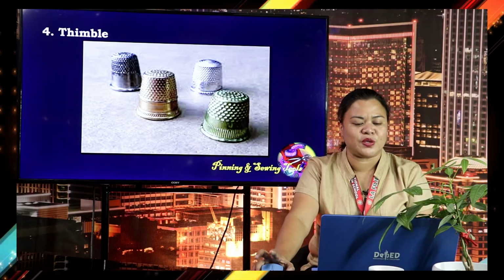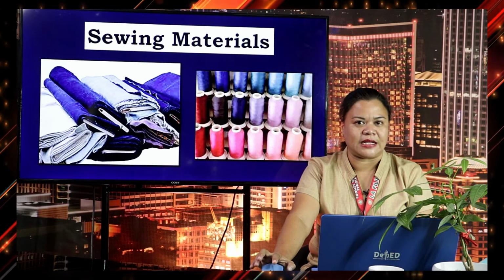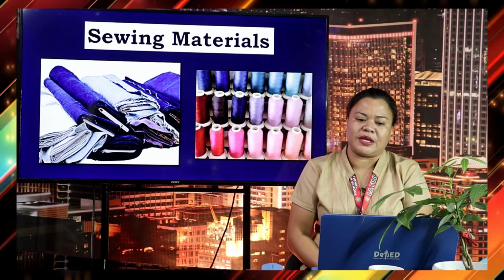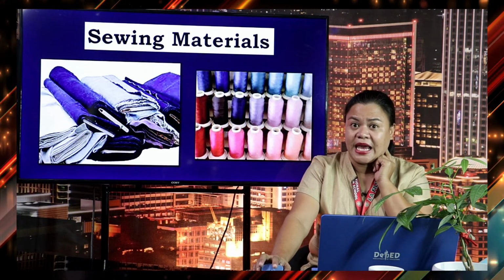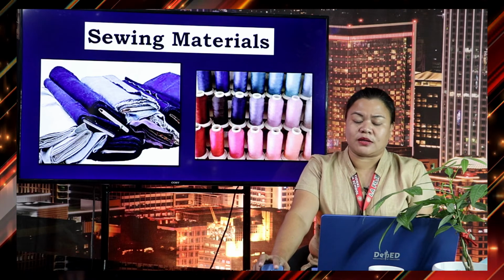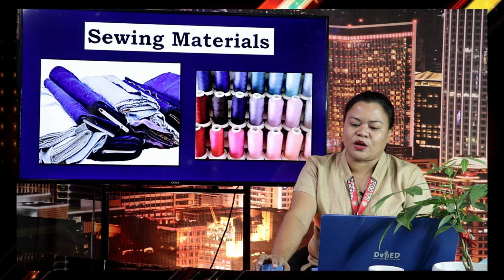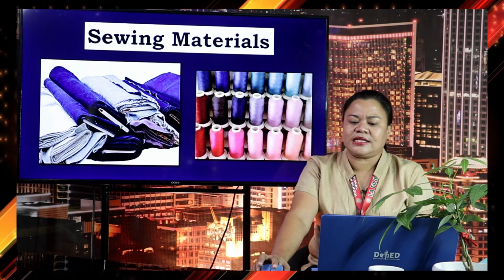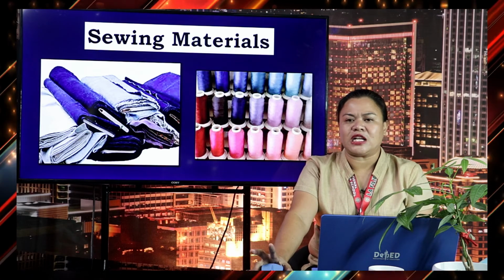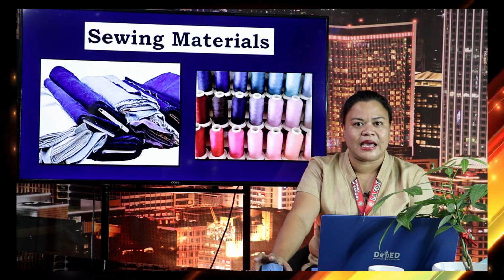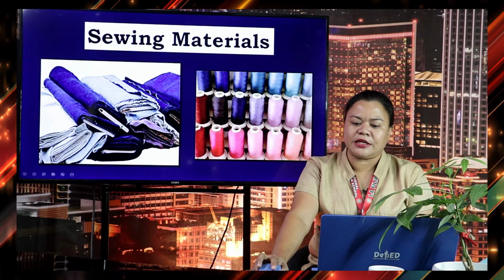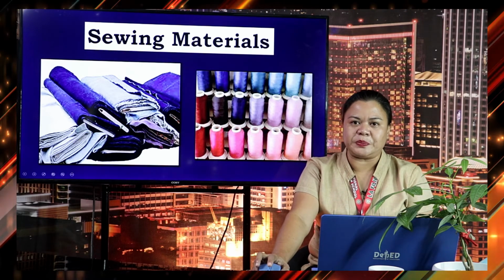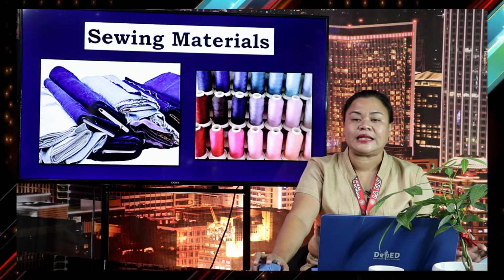Okay? We have sewing tools o tawag sewing materials. We only have 2 sewing materials. One is katong fabric, ang isa is the thread. The fabric is a cloth used in making garments. The plain cotton fabrics, flour sack, or katong mga gitawag na katsa is the most appropriate material for beginners. Kay mas dali lang man siya i-control o mas dali man siya i-manage. Mas dali siya i-handle. Ang thread pod, ang hilo, is used in assembling or constructing the parts of